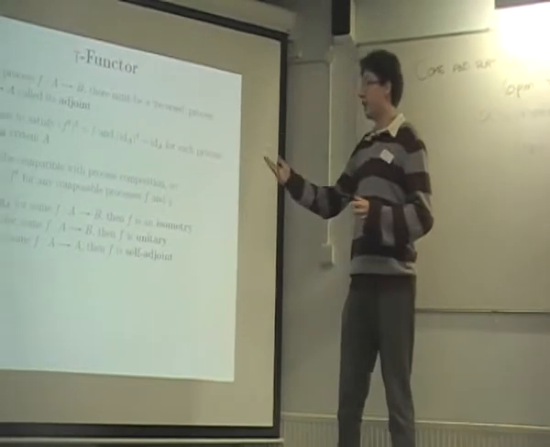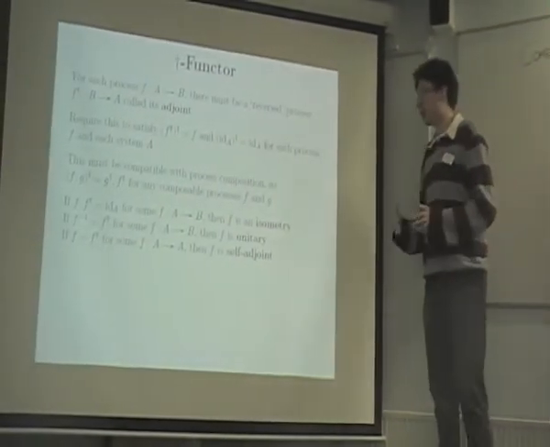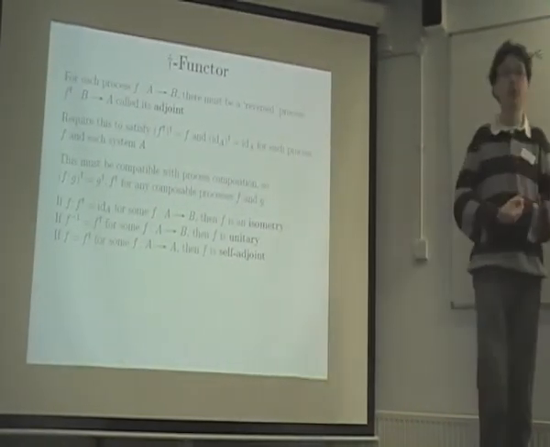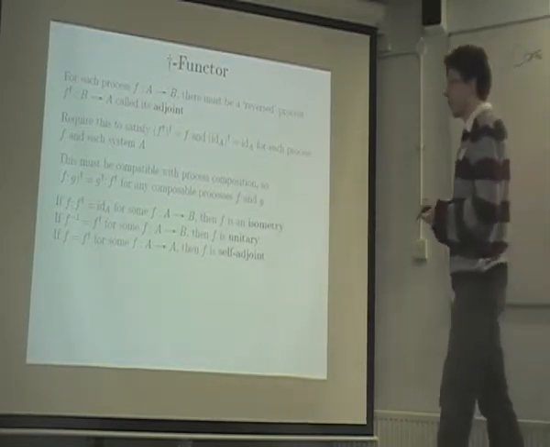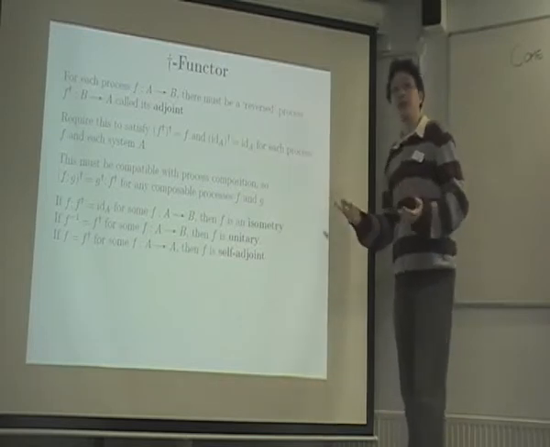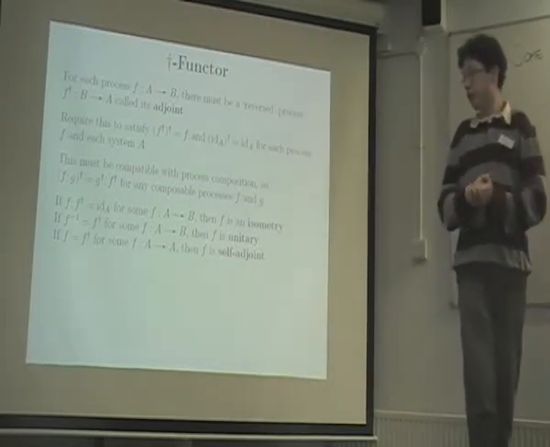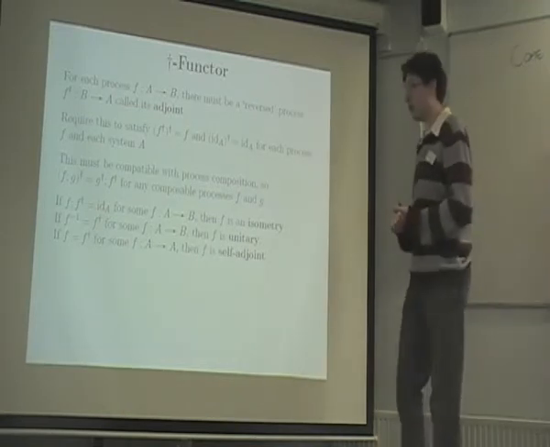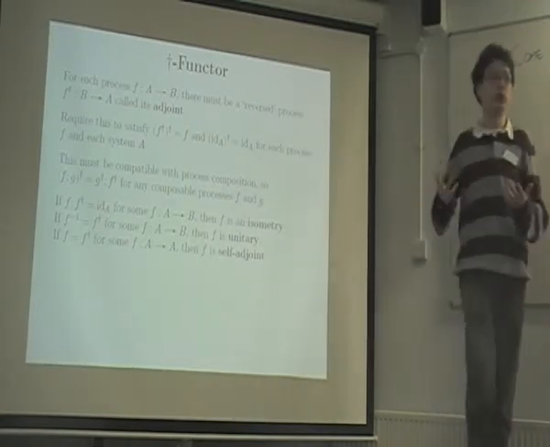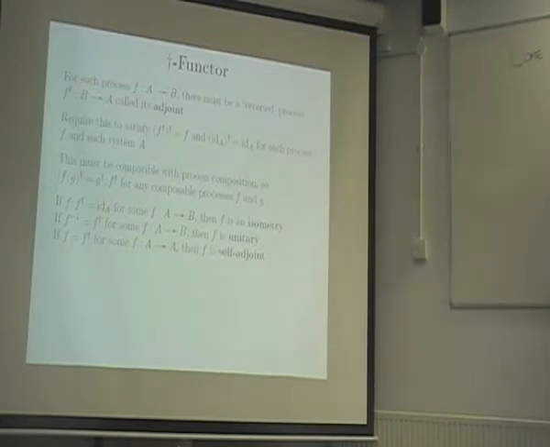If some process F followed by its adjoint gives us an identity, then we're going to call F an isometry in a sort of abstract way. If some process F has an inverse, and that inverse is its adjoint, then we'll call it unitary. And if some process goes from a system to itself, and it equals its adjoint, we'll call it self-adjoint. So these are obvious generalizations of words we're familiar with from